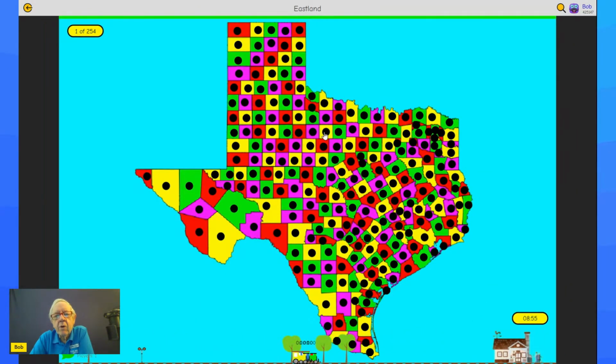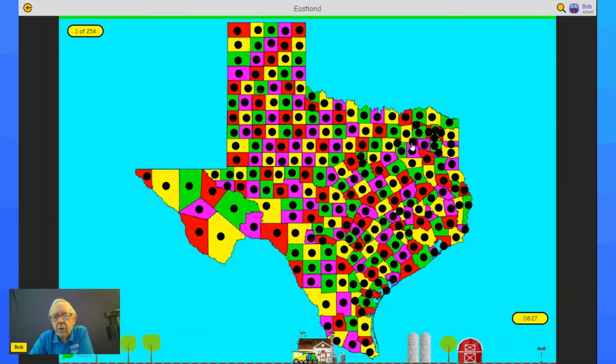Okay, we've got 254 buttons on the screen because there are 254 counties. Some are big, like always over here in the western part. Up in the panhandle, they're mostly just all square. Some of these are shaped because of rivers that run through the area. And in this area, they're really close together. We've got